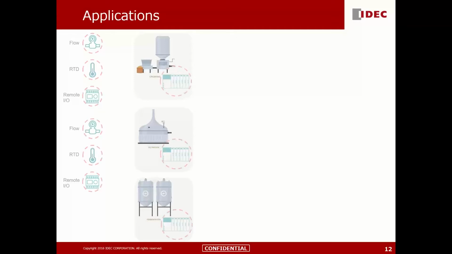So you break it down further. Let's say for a crushing system, you have flow, you have RTD, you have remote I/O talking to your system, right? And this system could be using Modbus, it could be using standard digital I/O or Ethernet IP. So most of the time, you would use Modbus, Ethernet IP, or an industrial protocol to talk to the PLC this way. I don't think you will use MQTT for this purpose,